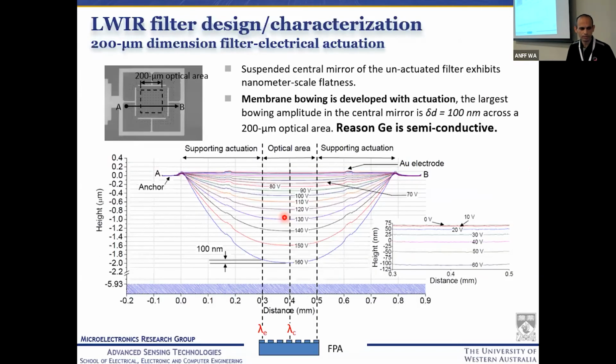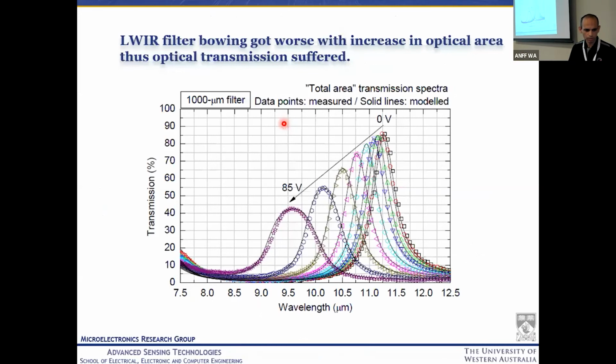And when we were putting the germanium in the stack and trying to actuate it, the conductive nature of the germanium was making the optical area also buckle along with the actuation voltage. So that caused a problem with the spectra. We could not get the spectral tuning with a symmetric wavelength spectra. So because of this spectral broadening, we decided we needed to change something more in our designs and process,